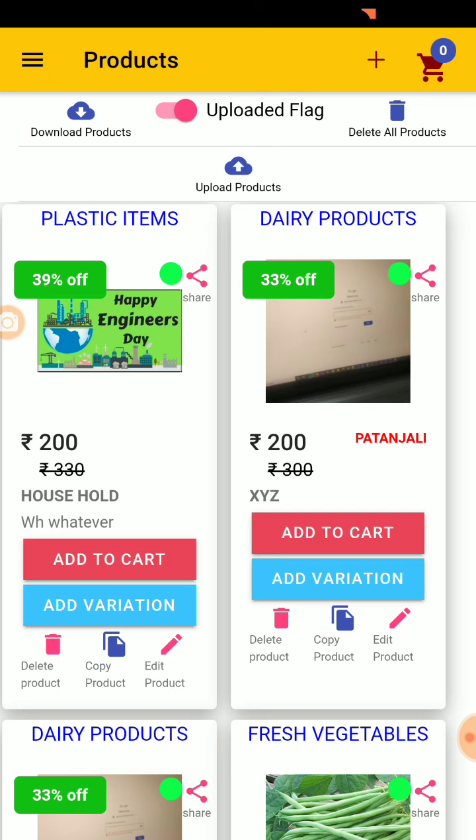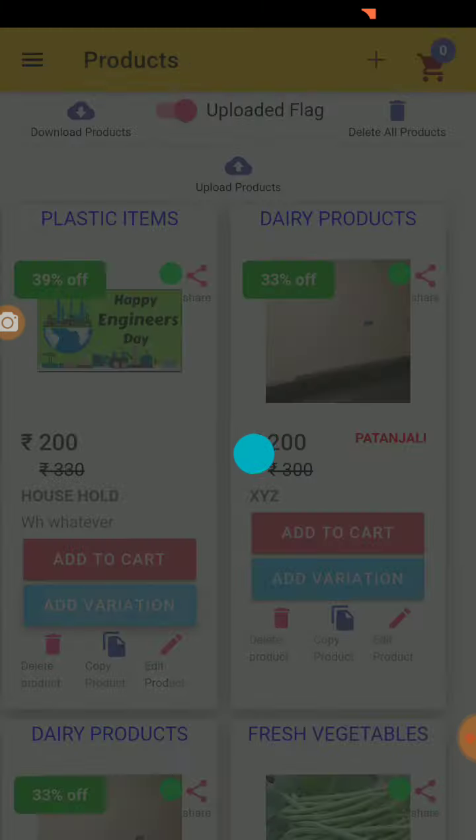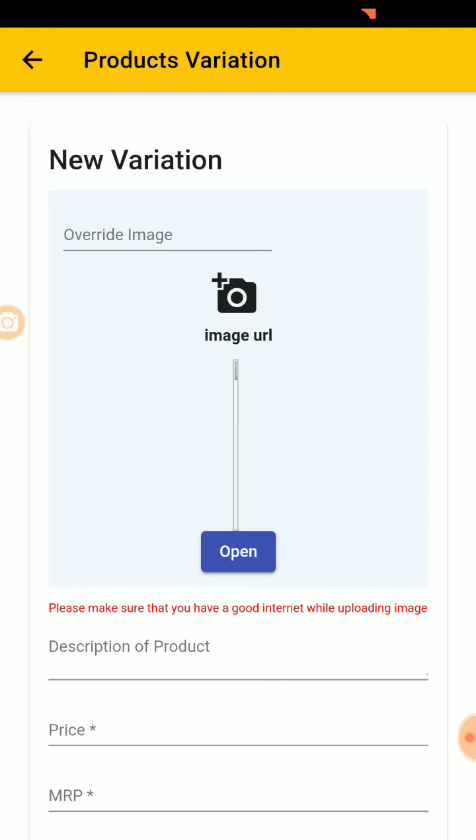Now, one product can have many variations, maybe the color, maybe the size, maybe the weight: gram, 500 gram, kilogram. So how can we do that? We can do it with the variations.